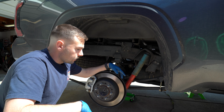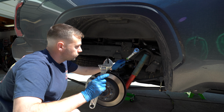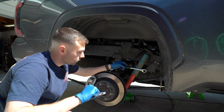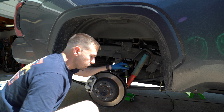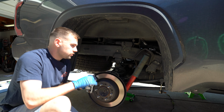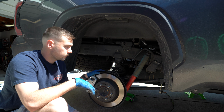And then I just used basically an adjustable wrench here to get the right size and loosen that top one. Now we can take off the shock by getting rid of that lower bolt, taking that one out as well. And this one down there is going to be a 17 millimeter. So now that both sides are done, both sway bars are disconnected, both shocks are disconnected, now I'm going to